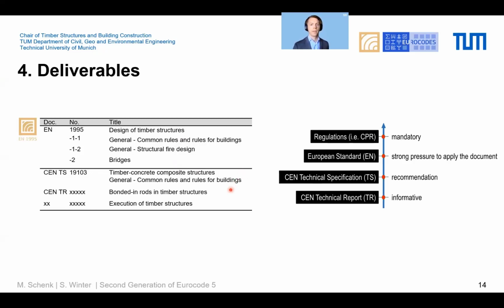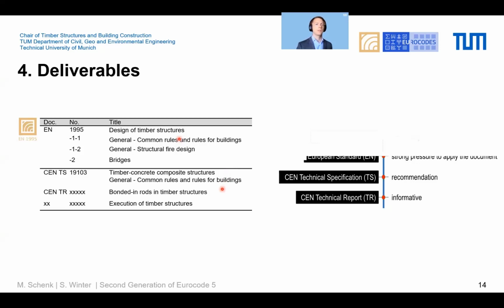on bonded-in rods. The first document will provide design methods of the relatively young but quite important material composition to a broad engineering public. The second document offers a comprehensive informative overview on the design and execution of this specific type of connection, the bonded-in rods. Provisions for execution are not a part of the CEN/TC 250 scope. However, where safety relevant, rules for execution must be given for practice.